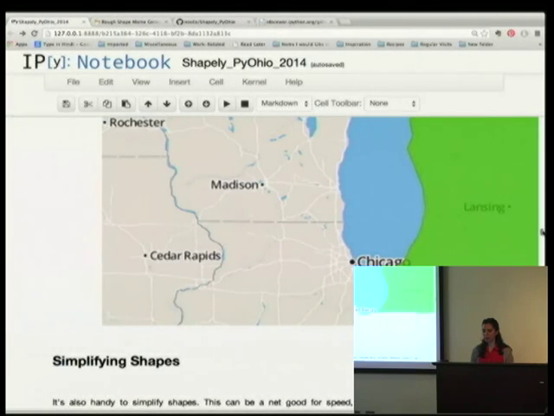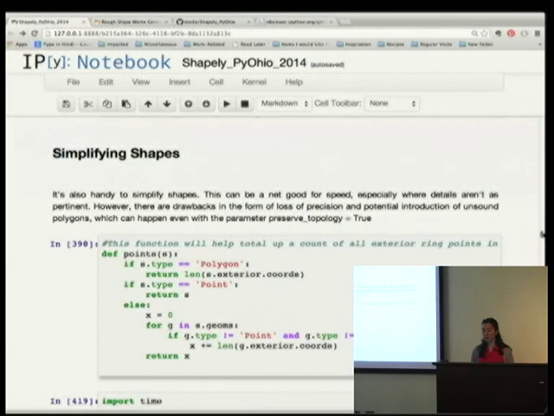So let's talk about simplifying shapes. This is one of the coolest things that Shapely can do. As you can imagine, with anything that's 2D, it's really expensive time-wise to run some of these queries or do some of these operations. It's because you're dealing with 2D space, which means n-square algorithms are a real hazard of doing a lot of these things. So simplification can sort of take the edge off of some of that hazard